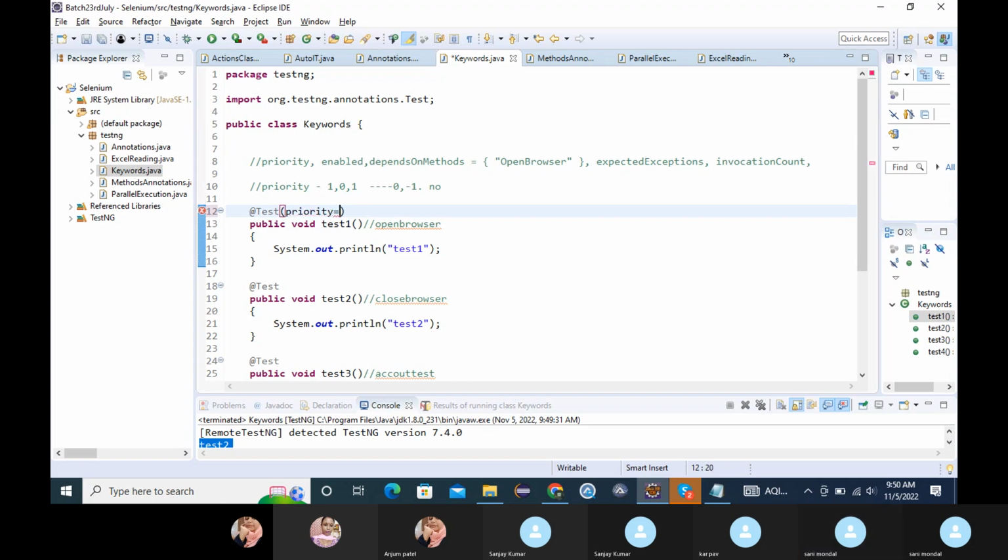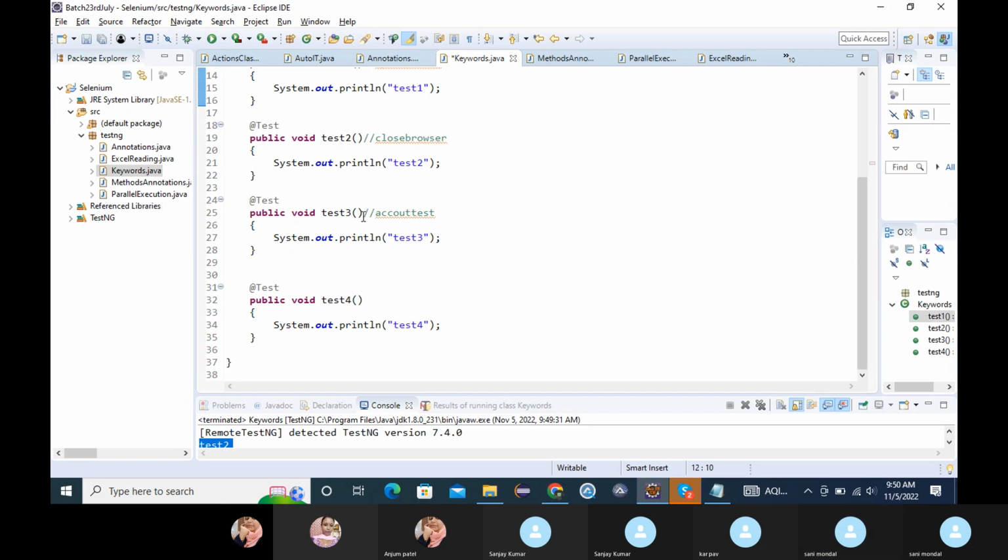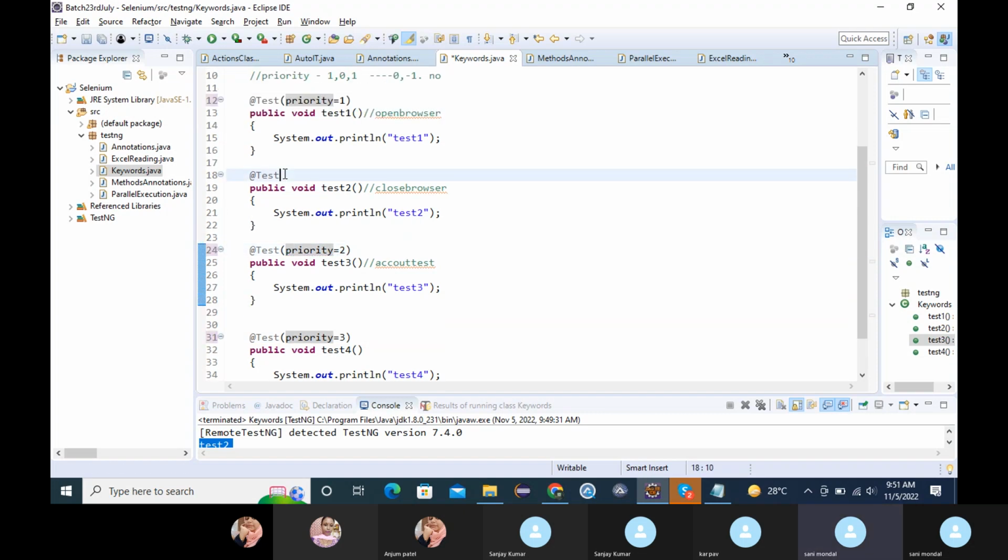Priority equal to, let's suppose if I write 1, 2, 3, and this second one, 4. So as of now, if we see the order, it is executing test 1, test 2, test 3, and